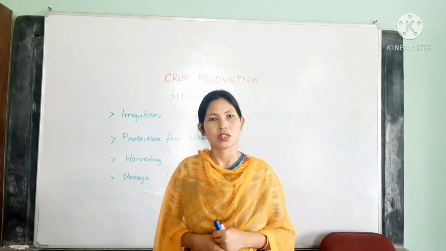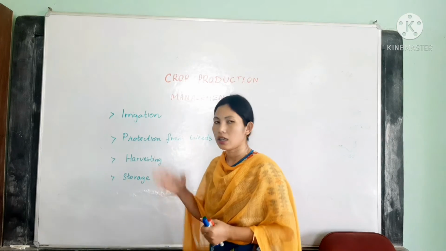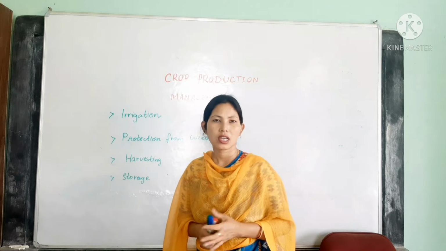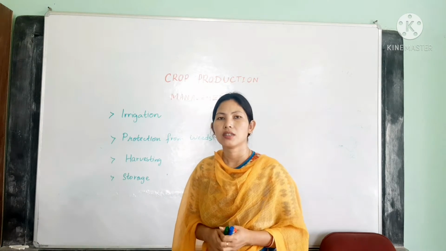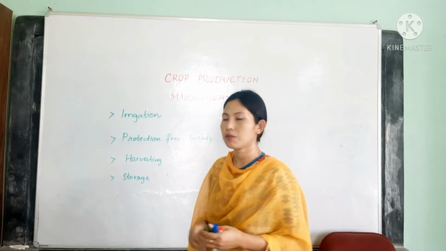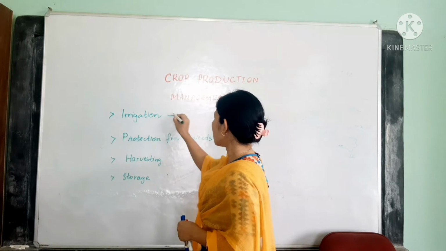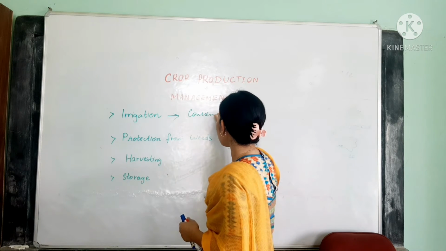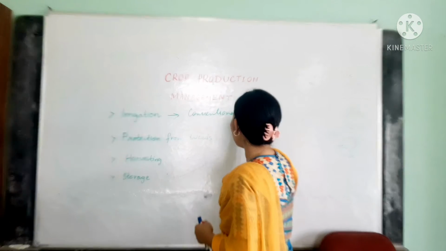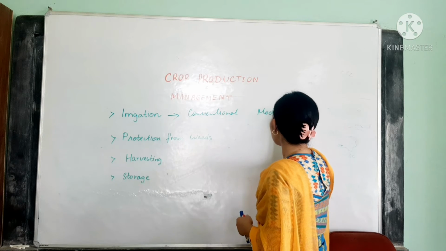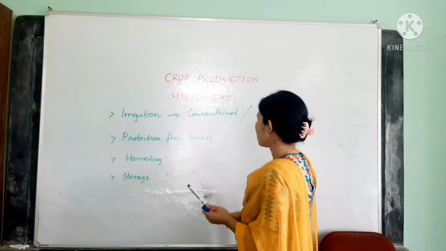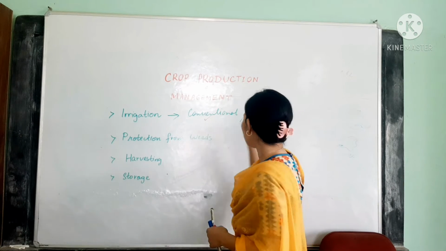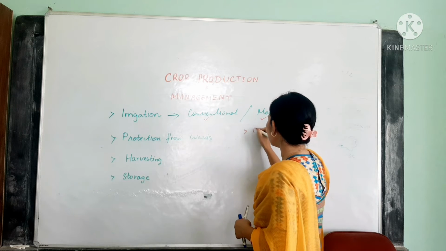And in modern methods of irrigation, there are two methods called the sprinkler system and the drip irrigation system. So irrigation can be understood as conventional and modern methods. Our conventional methods comprise moat, Detli, Rahat, etc., whereas in the modern systems we have the drip system